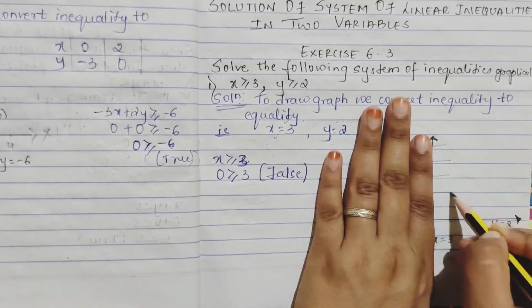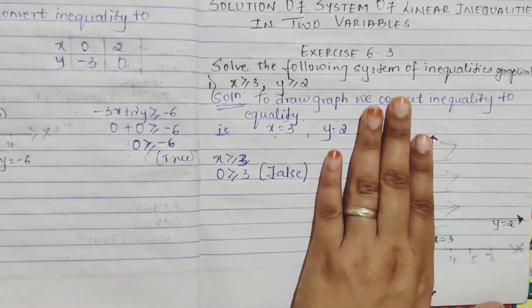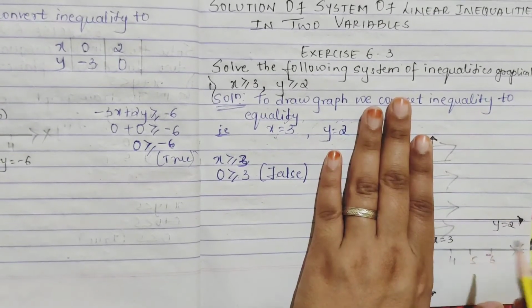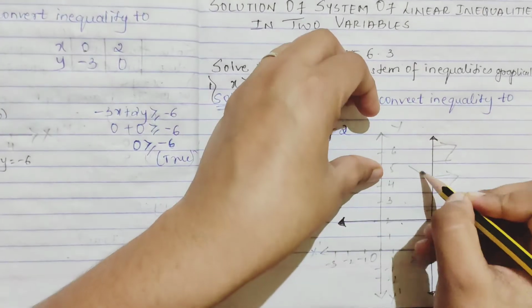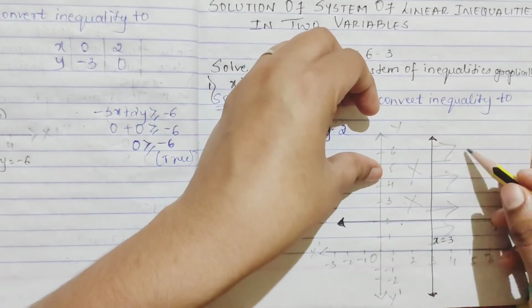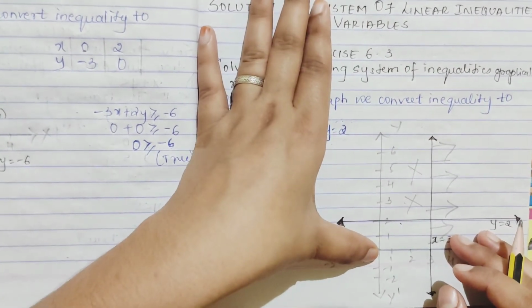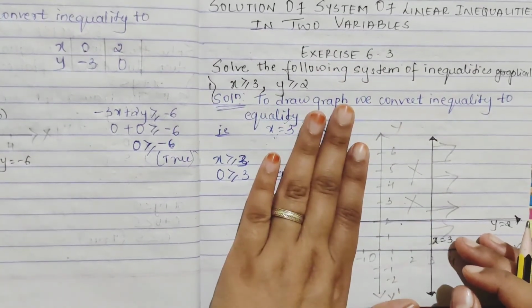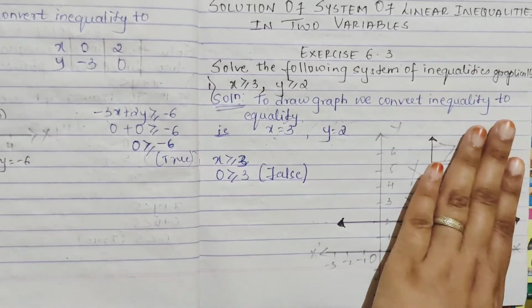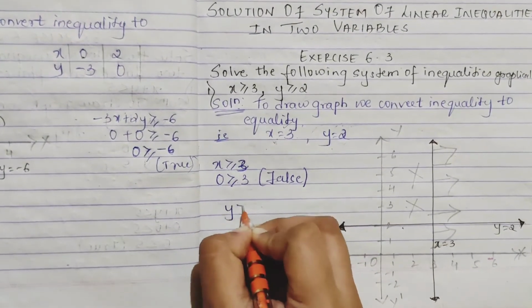This will be your shaded region for the line. You can just draw an arrow like this and keep it. Okay, this region comes. For your x is equal to 3, this part is false, so this part doesn't come, this region comes shaded. Yes, where your origin 0, 0 is lying, if that section, if that plane you're getting false, then its opposite side is true, right?